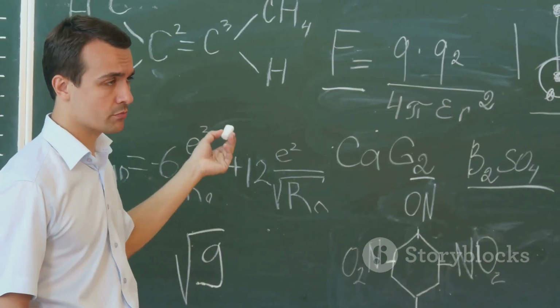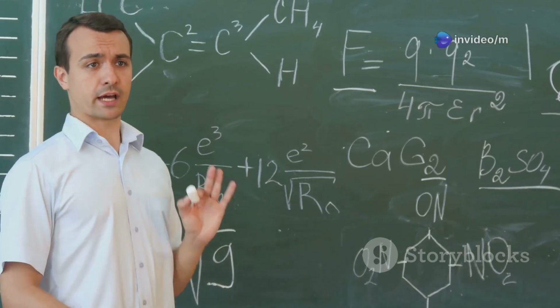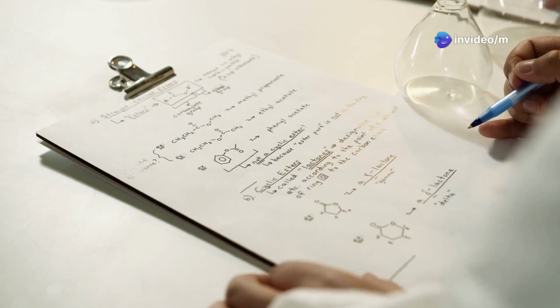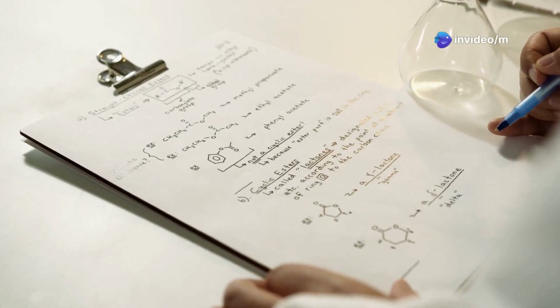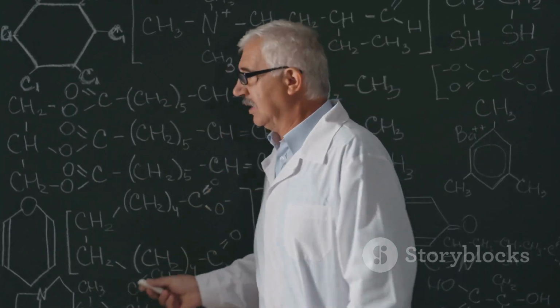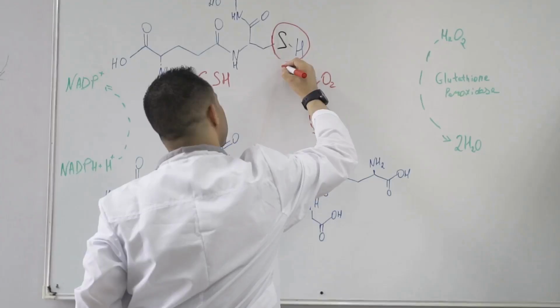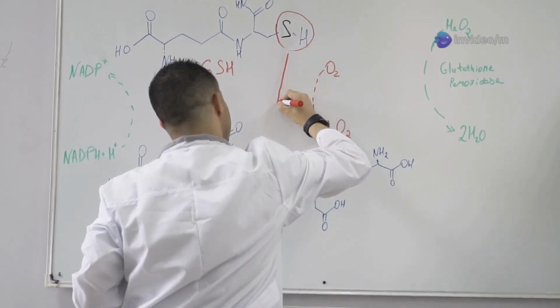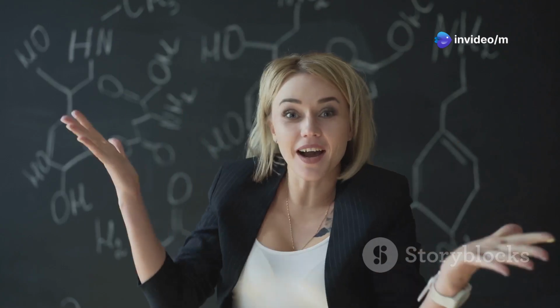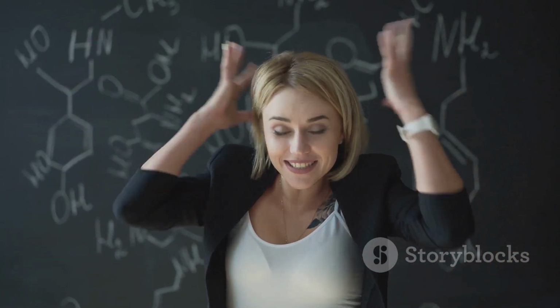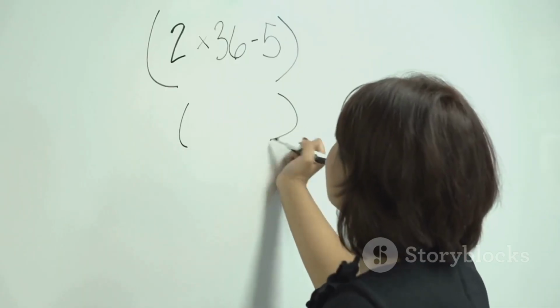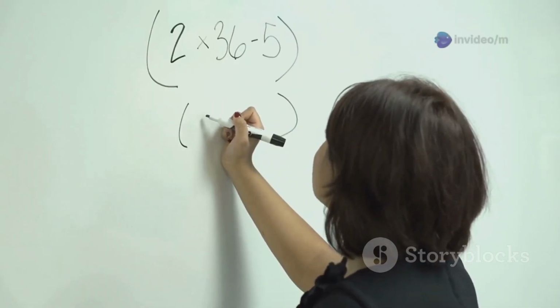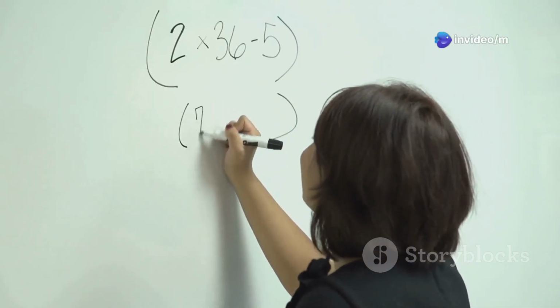The first step in any stoichiometry problem is a balanced chemical equation. A balanced equation is like a perfectly written recipe. It shows the reactants on the left side of an arrow and the products on the right side. The key thing is that the number of atoms of each element must be the same on both sides of the equation. This follows the law of conservation of mass, which states that matter cannot be created or destroyed in a chemical reaction. Balancing equations often involves adjusting coefficients, the numbers in front of the chemical formulas, until all atoms